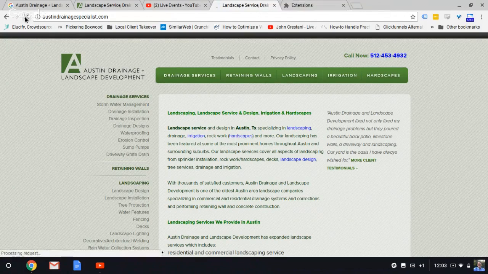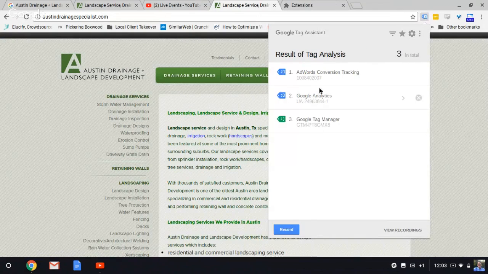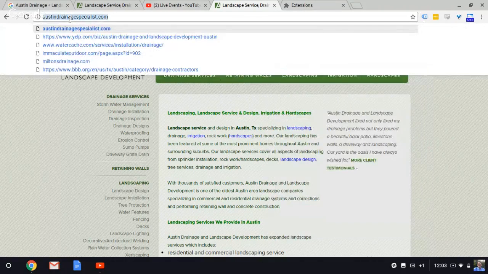Hit refresh on this, and I'm just checking to see if you have Google Analytics tags on your site. Okay, cool. AdWords and Google Analytics and Tag Manager. Excellent.